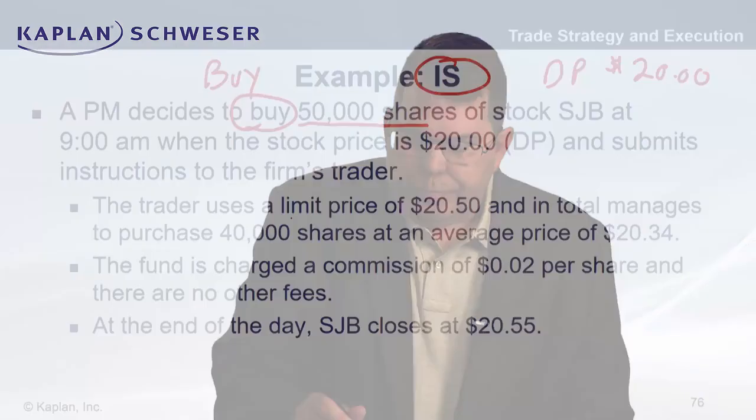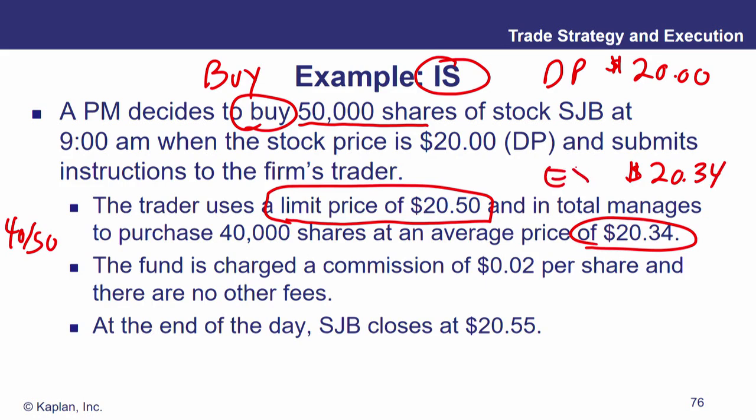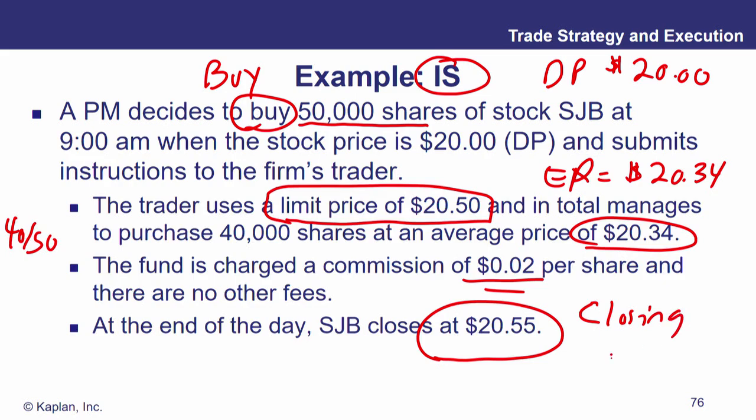So what did the trader do? They used a limit price of $20.50 and in total manage to get 40,000 out of the 50,000 shares that I originally asked for at an average price of $20.34. So that executed price is $20.34. My decision price was $20. And I also get charged a commission of 2 cents per share, and there are no other fees. And at the end of the day, the closing price for SJB is